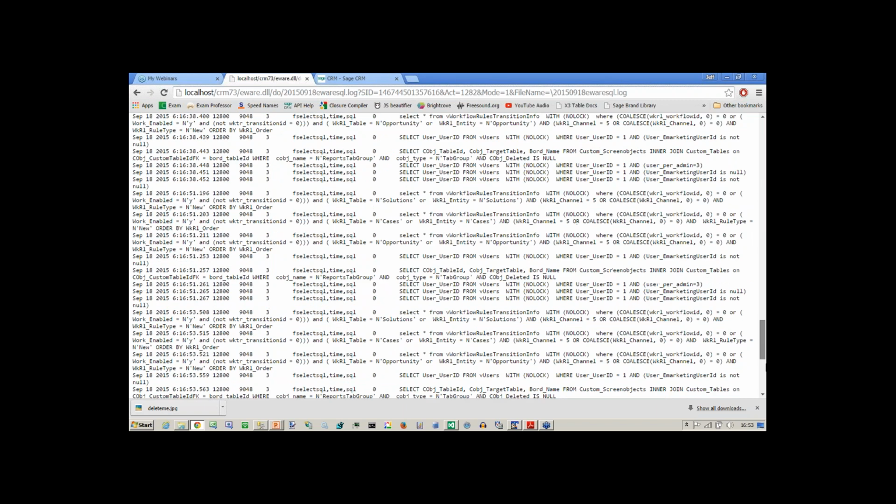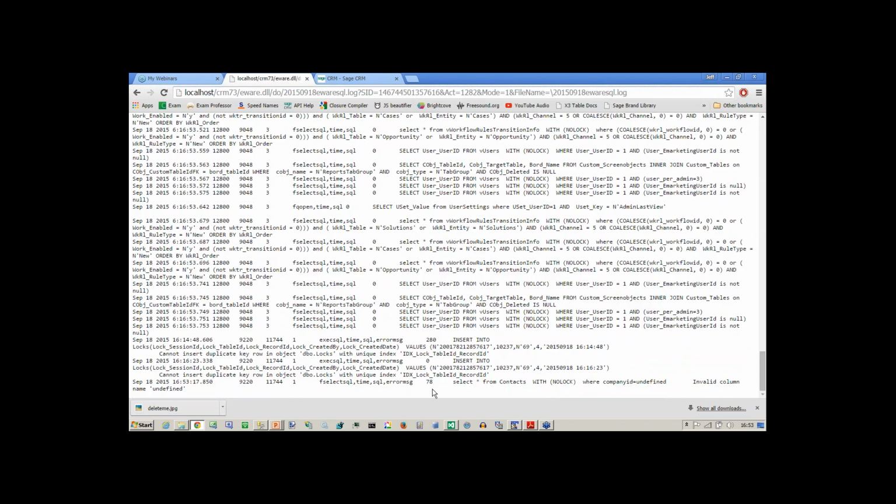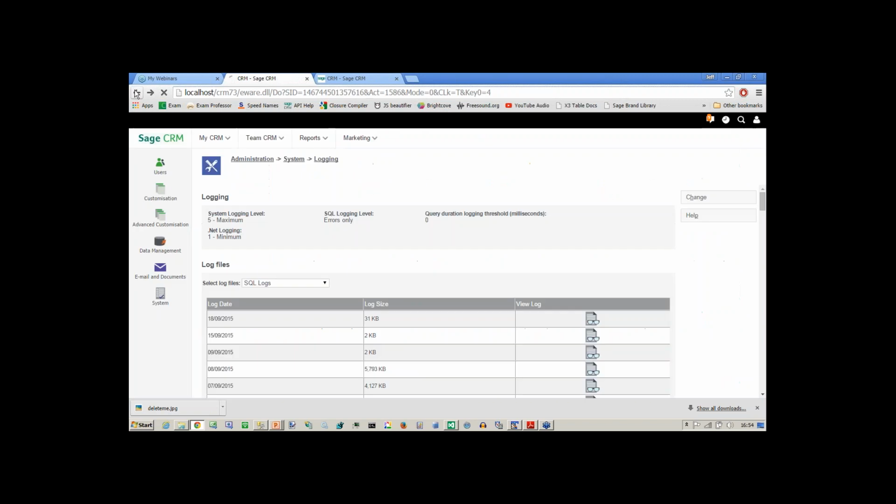I had some logging switched on earlier on, but here we can see that we've got the idea of an invalid column name undefined, because we're saying select star from contacts where company name equals undefined. We're not providing it. The page expects us to provide the company ID, and in fact, if we think about